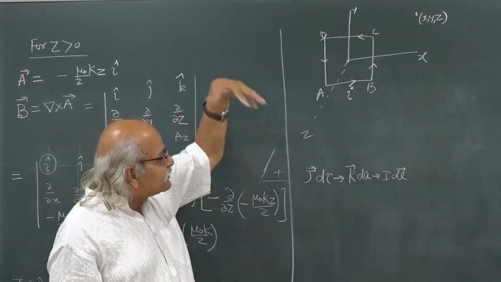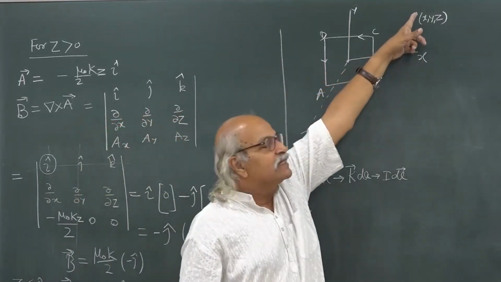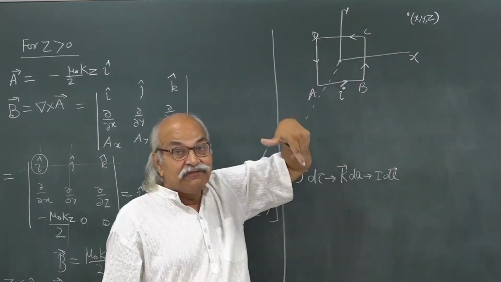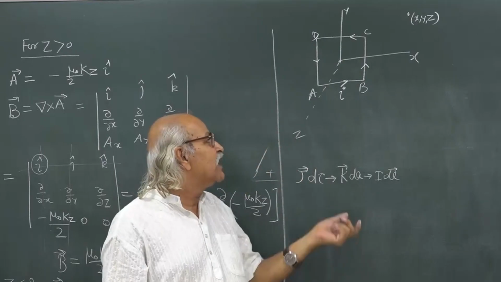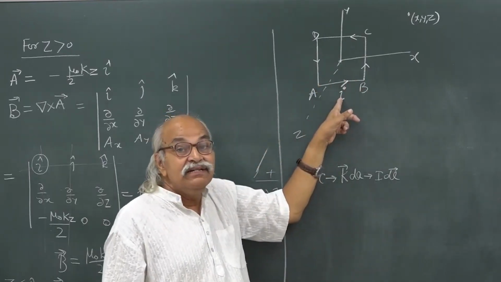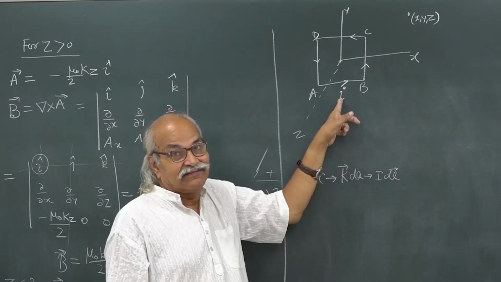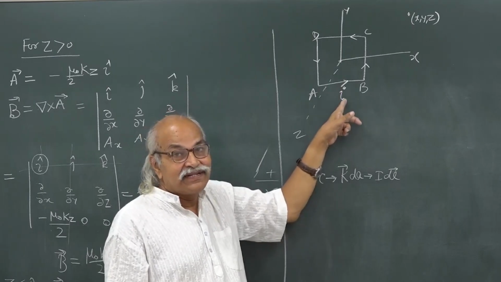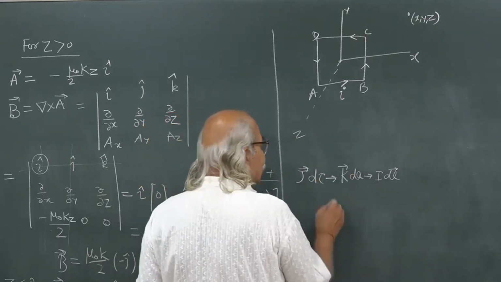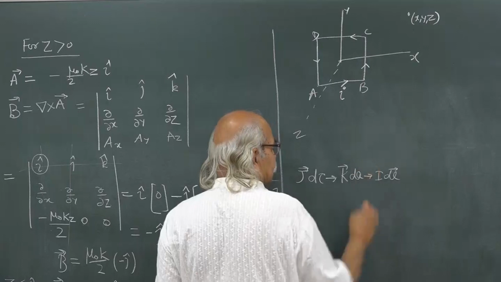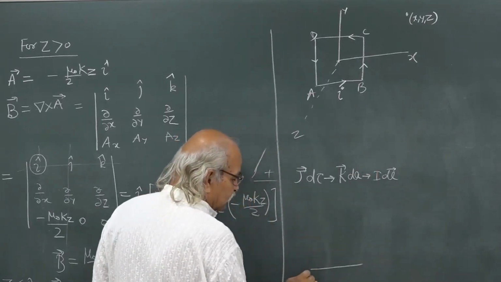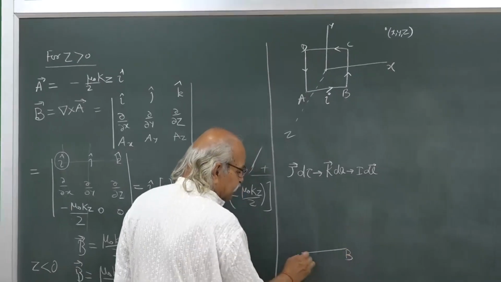So, to get the vector potential at this point here, what we will do is mentally assume that this current I represents a linear charge density. Then if I look at this AB, let us draw the diagram again. This is AB. So, on this AB I have charges,